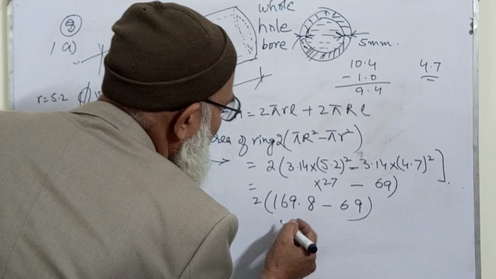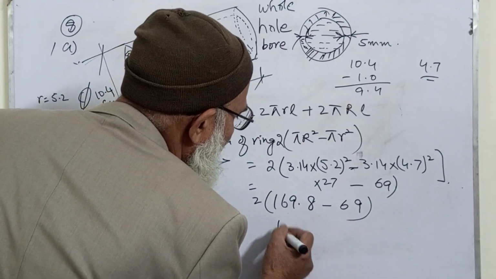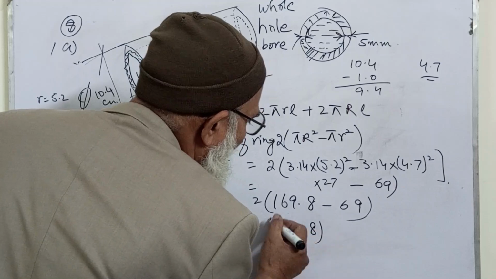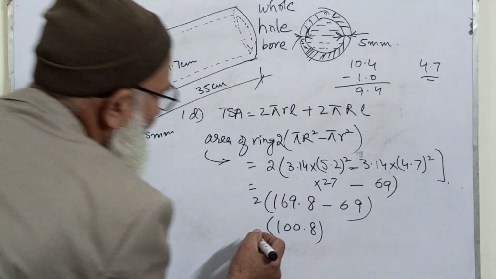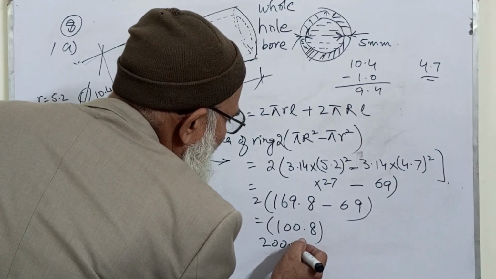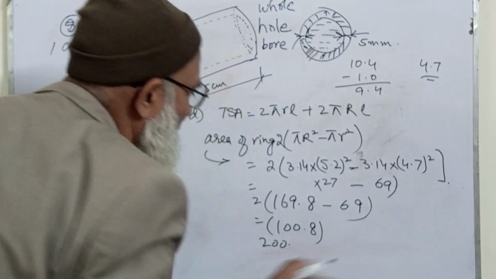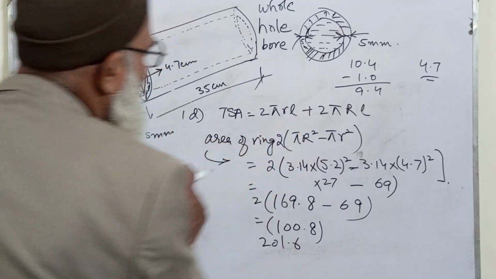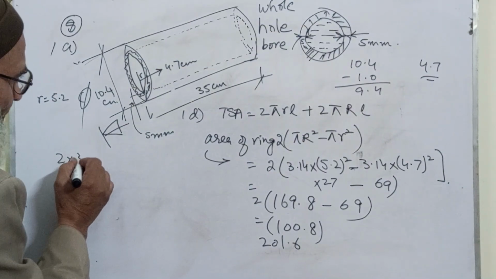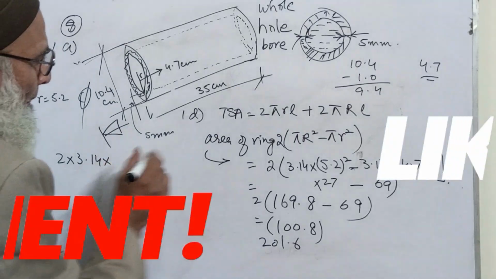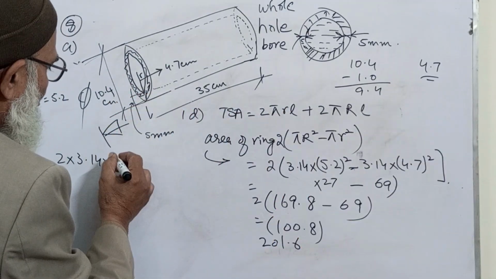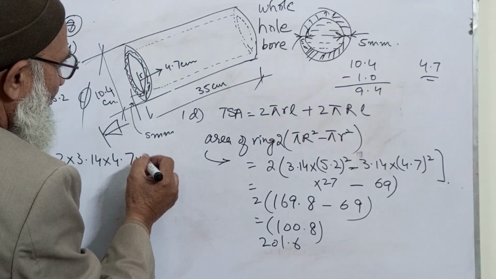So this is becoming 69, 69, 100.8, multiplied by 2, it is 201.6. And for this, it will become 2 into 3.14 multiplied by r, the smaller r, 4.7 multiplied by 35,